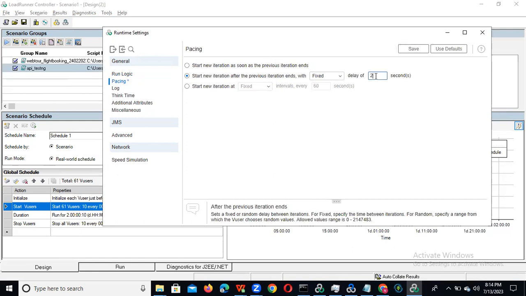Why are we giving pacing? We need to give breathing to the application. If you don't give it breathing, what will happen is it will keep executing again and again immediately. Your application will be slow and your response time will also increase. So that is why we need to give some breathing to the application, and that is why we give pacing, like okay, a fixed pacing of 2 seconds. And after that